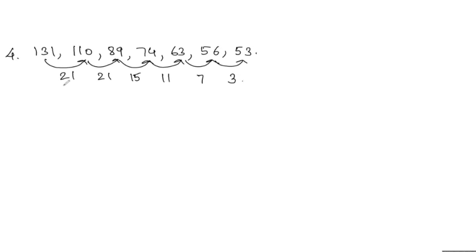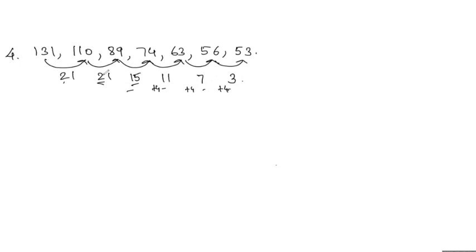So from here, if we see 21 again, 15, we're not really understanding. Check from the other side. You see this 3, 7, 11, 15 pattern. What is the pattern? 3 plus, what is 3 plus 4? 7. Okay, 7 plus 4? 11. 11 plus 4? 15. So the pattern matches. What is the pattern here? Plus 4, plus 4, plus 4. If we do this, we are getting the pattern correctly.